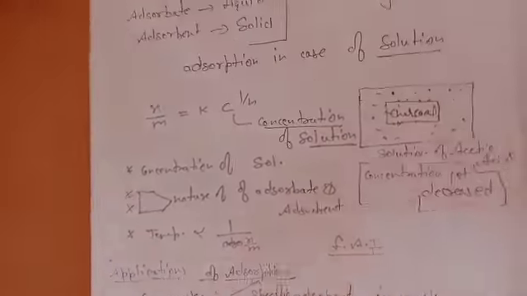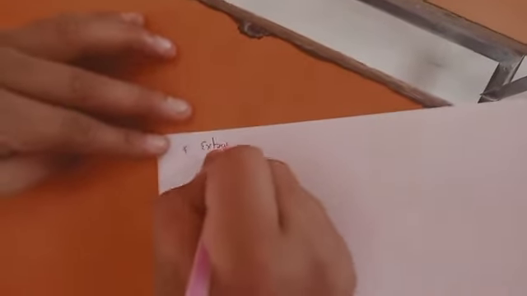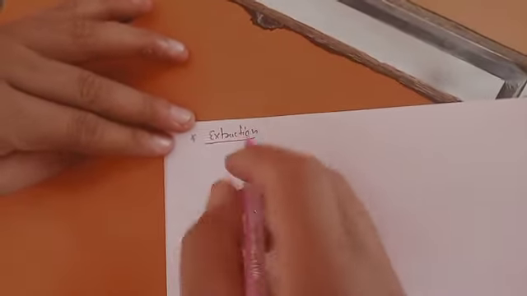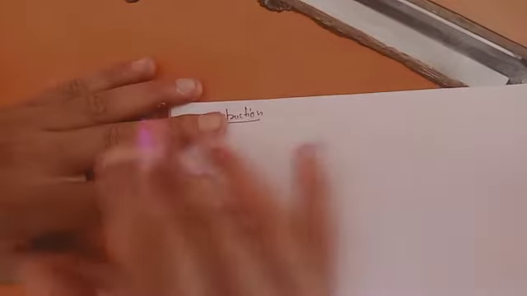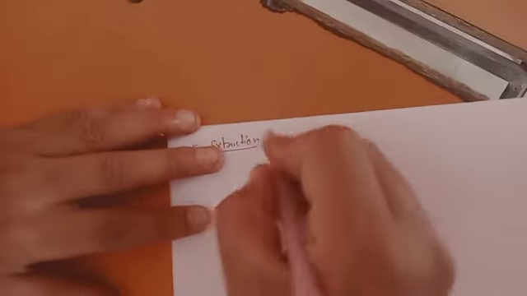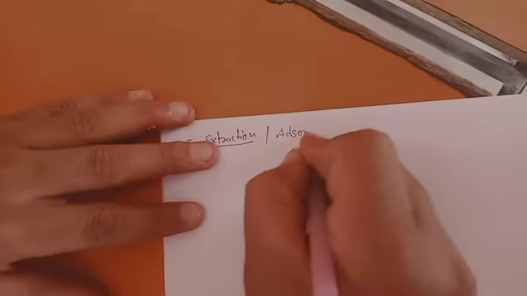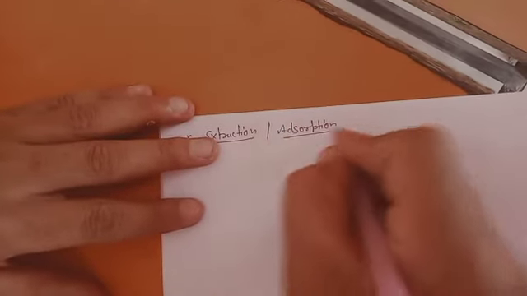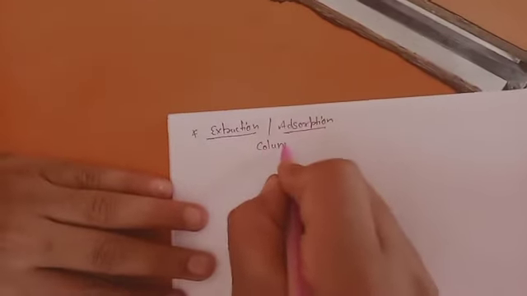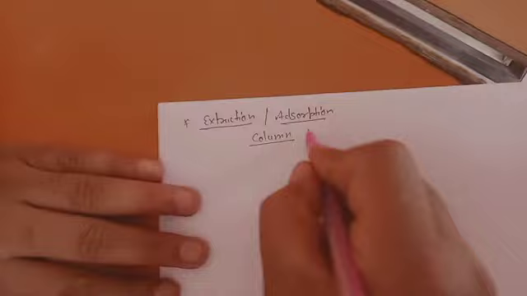Some more applications about adsorption we can take, like the extraction principle. Extraction of some particular element is based on the adsorption technique, which we will read in the chapter on metallurgy processes. In the next chapter you will learn about adsorption. Adsorption is of many types, of which in your chapter column chromatography is explained.